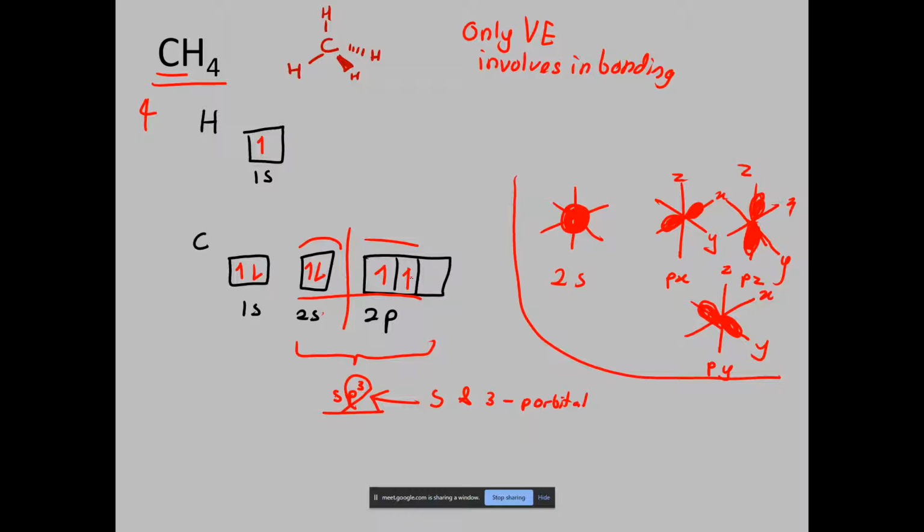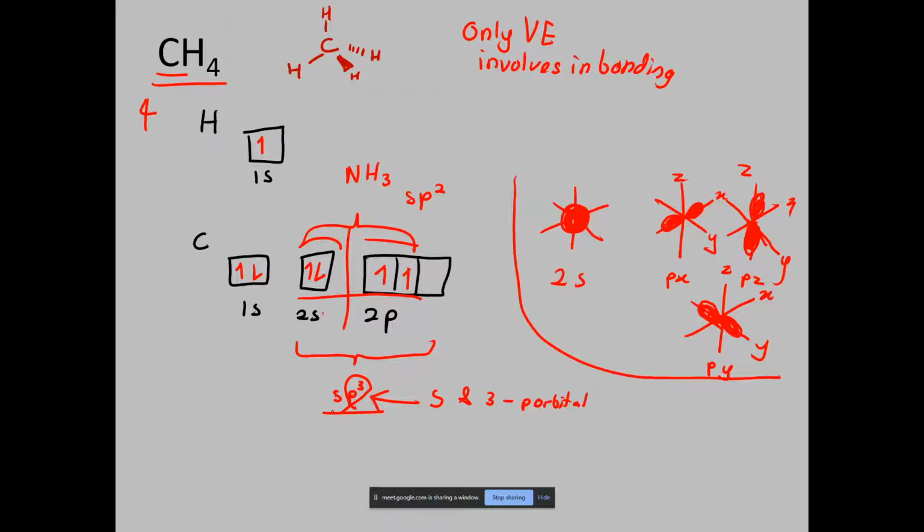Okay, but other molecules may not campur all 3. Other molecules may only need this much. Okay, contohnya NH3. They only need 3 je orbital. So hybridisation untuk N is sp2 sebab dia ambil satu s orbital and it only require 2 p orbitals. Tak kisahlah px ke pz ke py. Okay, so now